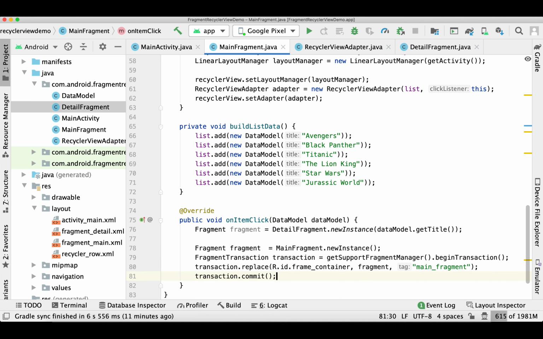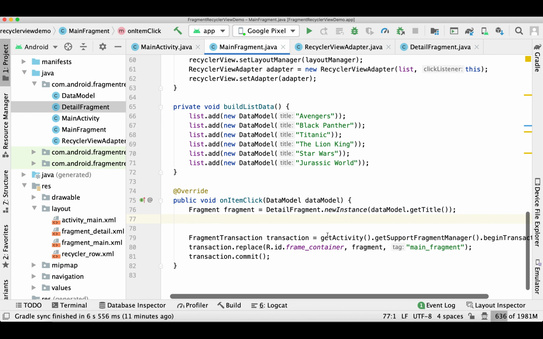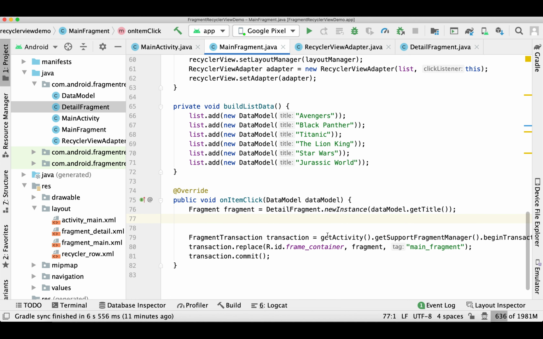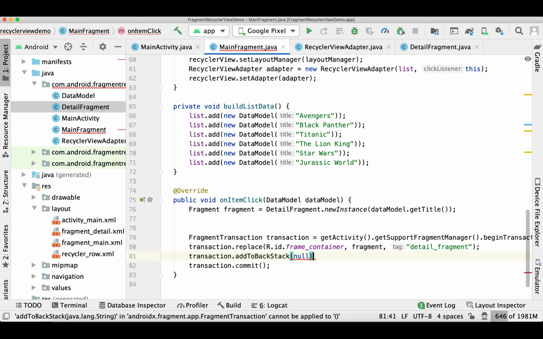So we already attached a fragment to the activity in my previous screen, that is the main activity. I just copy pasted and am reusing it, but we'll make some change in this. And I'll add one more line here, transaction dot add to back stack null, so that it can come back to the previous fragment.